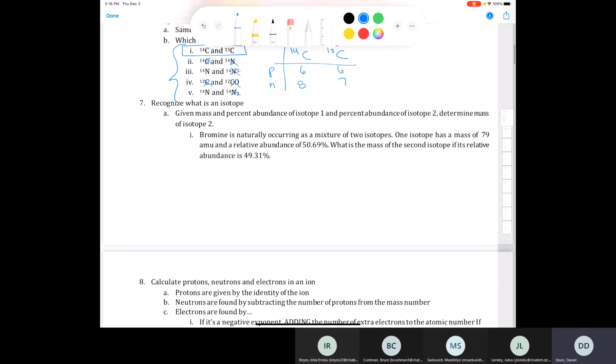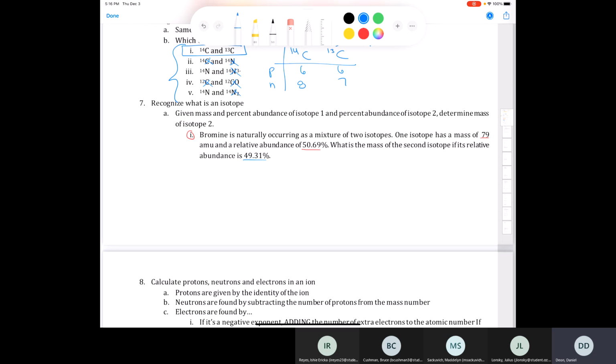All right, let's take a look at the next one. It says, given mass in percent abundance of one isotope and percent abundance of another isotope, determine the mass of isotope 2. This is a very specific problem, okay? It says bromine is naturally occurring as a mixture of 2 isotopes. One isotope has a mass of 79 atomic mass units and a relative abundance of 50.69%. What is the mass of the second isotope if its relative abundance is